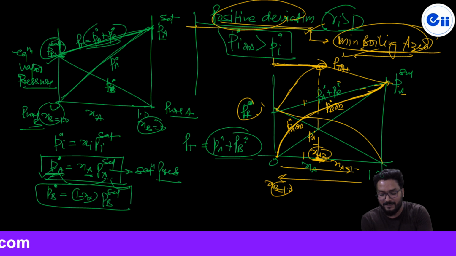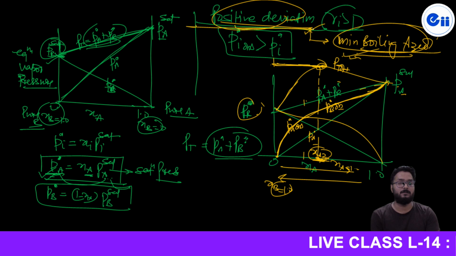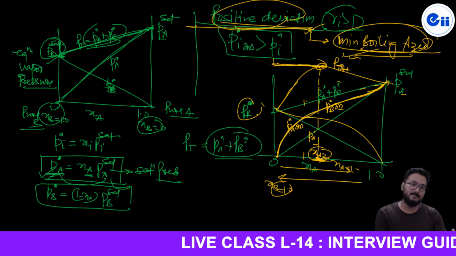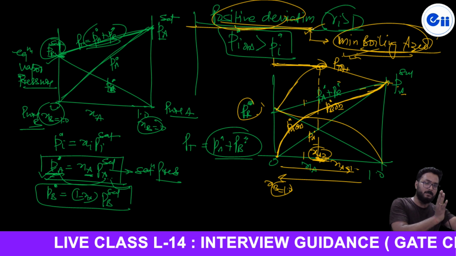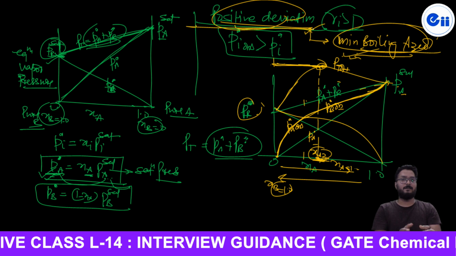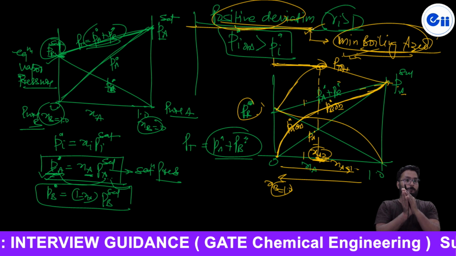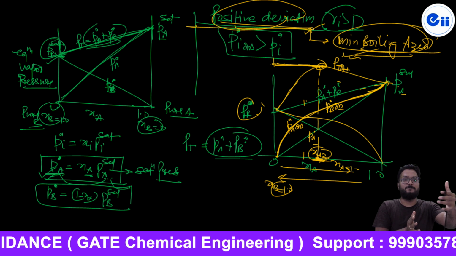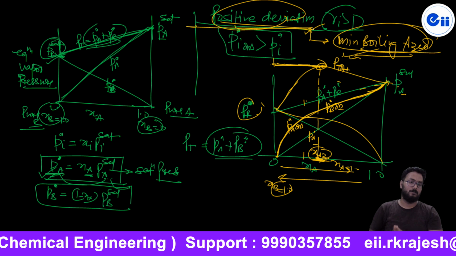And that's why the minimum boiling azeotrope is the most common type of azeotrope, which frequently occurs in industrial applications, because it is associated with positive deviation, and positive deviation is the most common type of non-ideality, the reason I told you earlier. So the link is very simple. Positive deviation from ideality will indicate the minimum boiling azeotrope. The reason is that A and B will try to repel each other, and that's why they are more comfortable being in the vapor phase, and it means the total vapor pressure exerted by the mixture is found to be more than what we have calculated from the ideal Raoult's law.